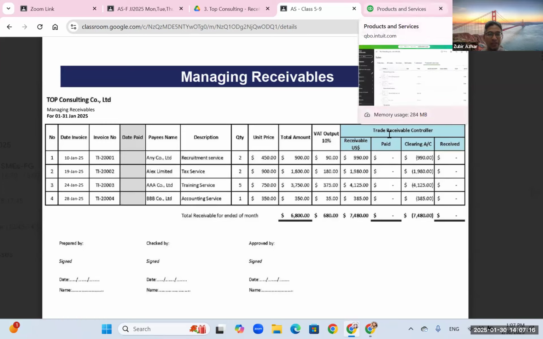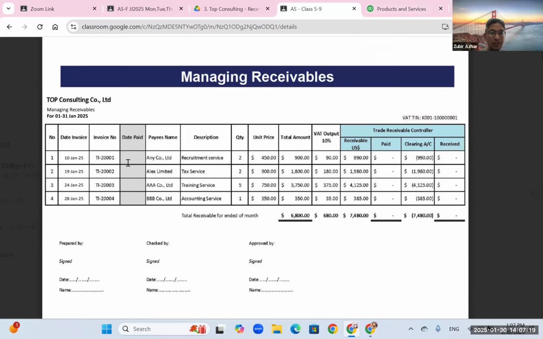So remember that we have 10 January 2025. Later we choose from the calendar in QuickBooks. Can you please copy any company limited, the name of the customer?